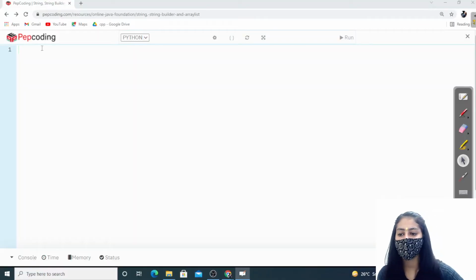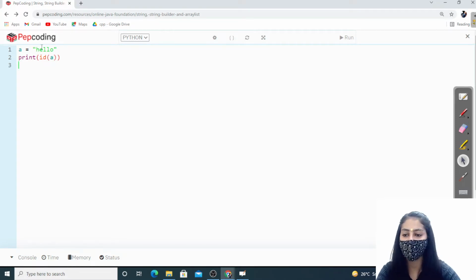So let's check this in our code. Let's say I create a string a = hello. I print the memory address at which this string is stored; the id function gives me the memory address at which a is stored. Now I create another string b which is exactly the same as a, and I print the memory location at which b is stored.